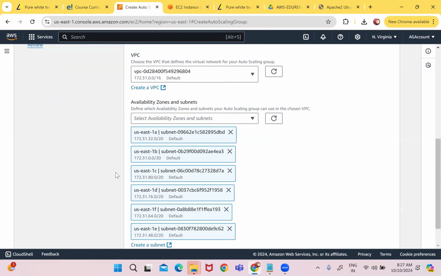In this way, what will exactly happen is, if some of my machines are in 1A, some in 1C, some in 1D, and something goes wrong in 1D, all my system will not be down because my machines running in 1A and 1C will be there. And if it goes down, it will create in another availability zone. But if you're selecting just one availability zone, and something goes wrong with that availability zone, there is an issue with the electricity, or a hardware failure,